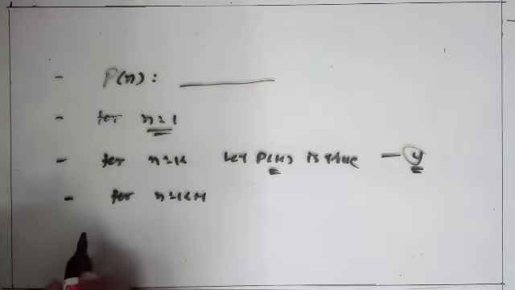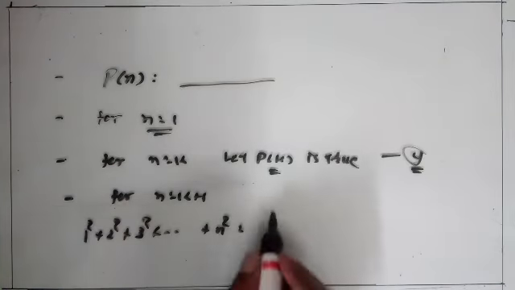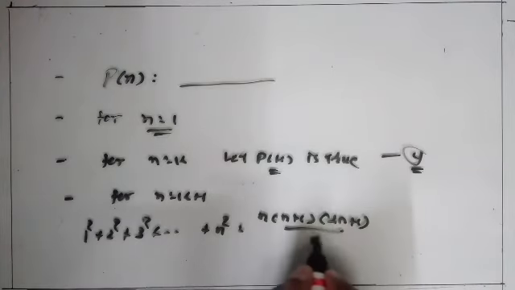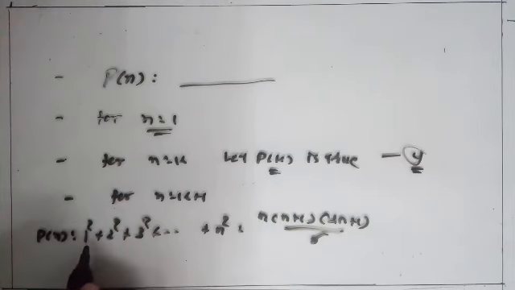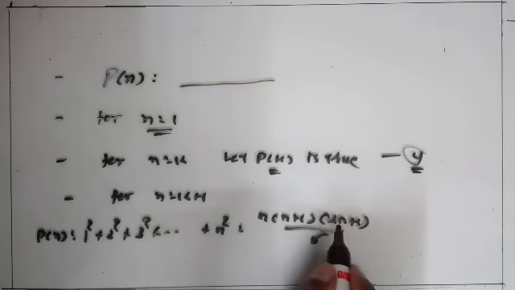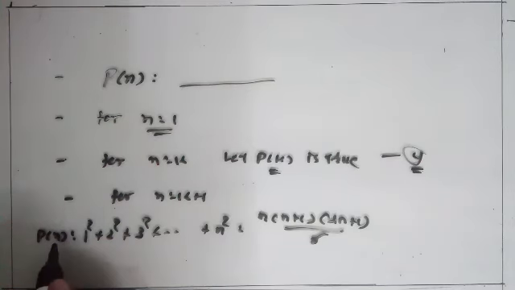Clear? Like, prove that 1 square plus 2 square plus 3 square plus up to n square is equal to n into n plus 1 into 2n plus 1 by 6. We denote the given statement by Pn. Prove for n is equal to 1. Here for n is equal to 1, LHS is equal to 1 square, that is 1. RHS, replace n by 1: 1 into 1 plus 1, 2 into 2 plus 1, so 3, 2 times 3 is 6, 6 upon 6 becomes 1. So LHS is equal to RHS. That means P1 is true.